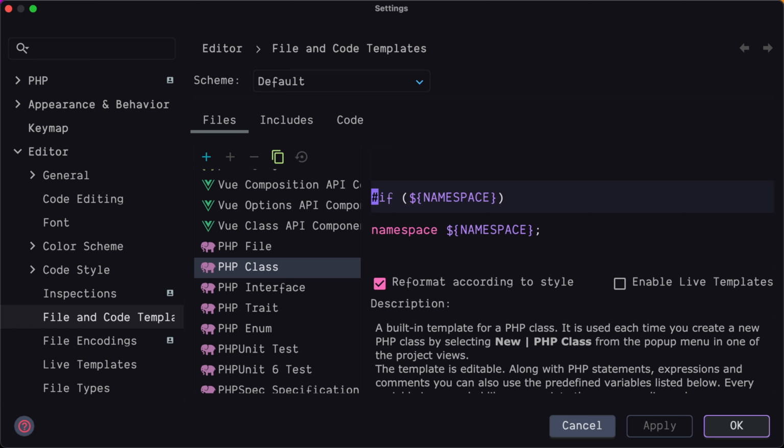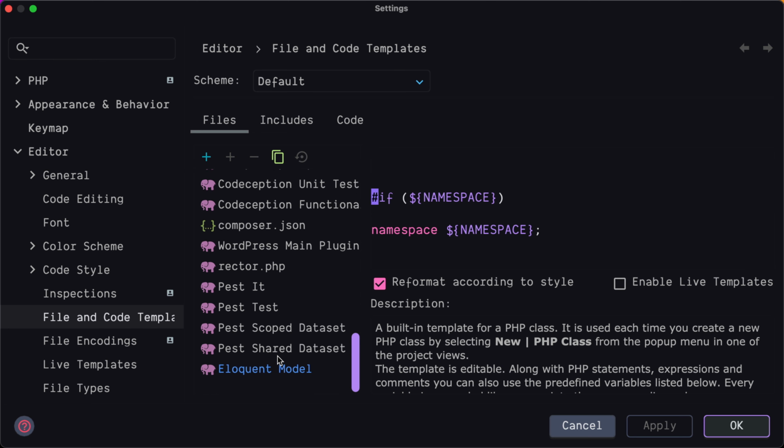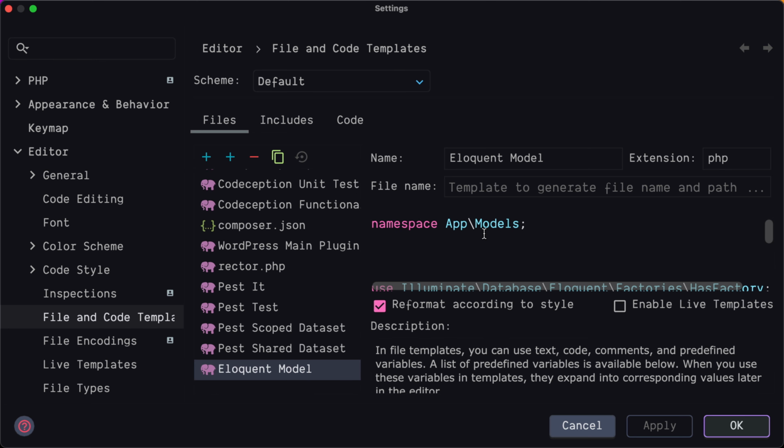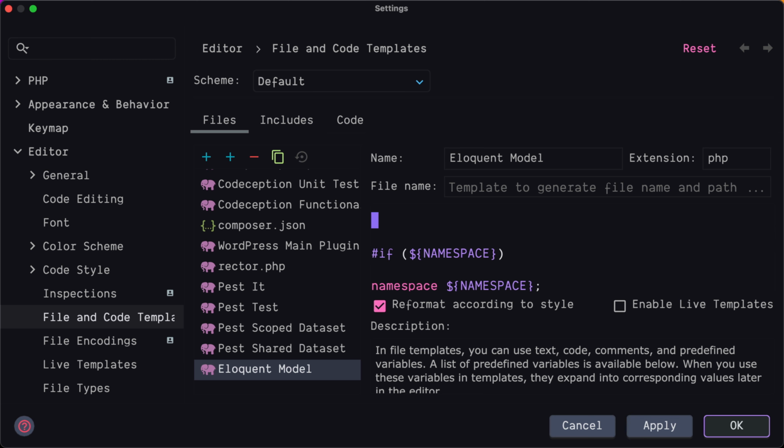In here, the if construct is used to add a namespace statement in case a value for the variable namespace was provided. So let's see how that works. I'm gonna copy over this block, put it in our Eloquent model file template, instead of using the namespace statement directly. And this time this namespace statement will only be added if we provide a value for the namespace variable when using